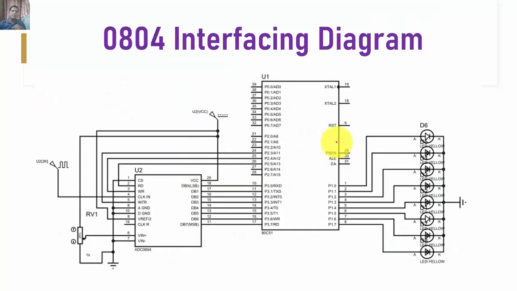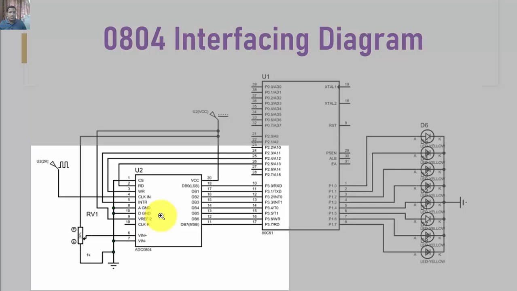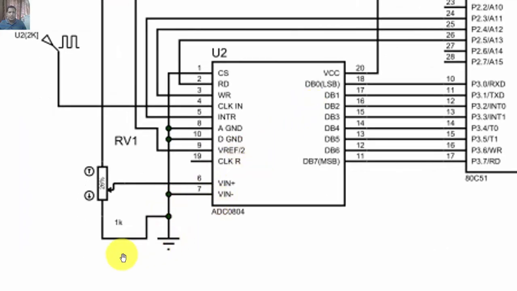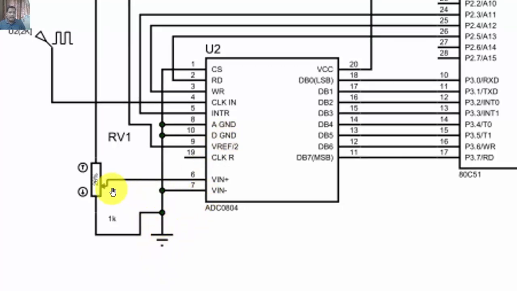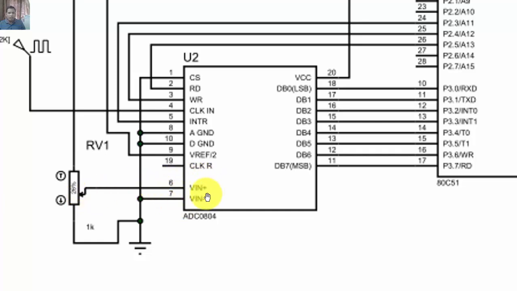So here consider this as the simple interfacing diagram. Here, the ADC 0804 is interfaced with the 8051 microcontroller. As per the requirement, since we are continuously selecting the chip, the CS bar, analog ground, digital ground, and V in minus we connect to ground, right? And the analog signal, which comes from the sensor, we give as input to the V in pin. Here this variable pot represents the sensor, because when I change the resistance, the input voltage applied to the V in pin goes on changing. That represents your analog nature. So this analog quantity is given as an input, right?